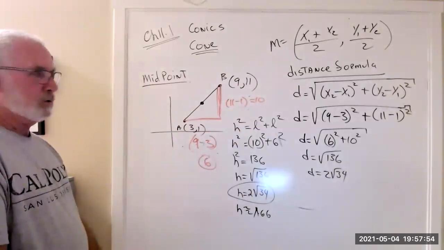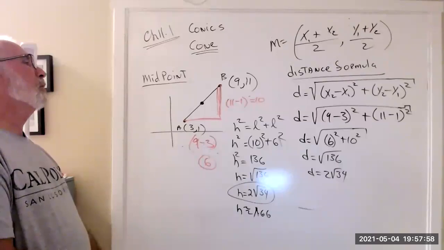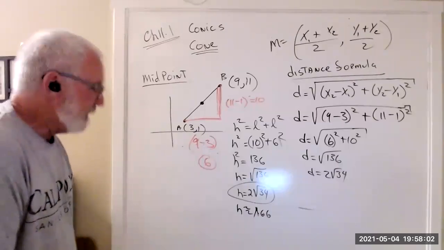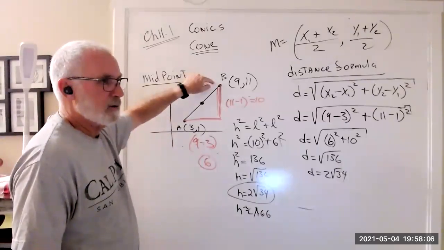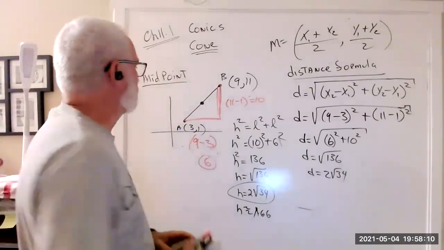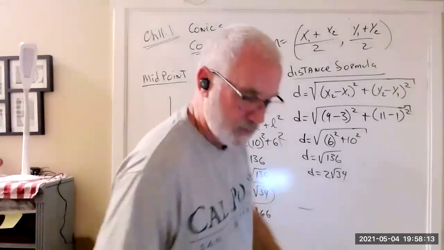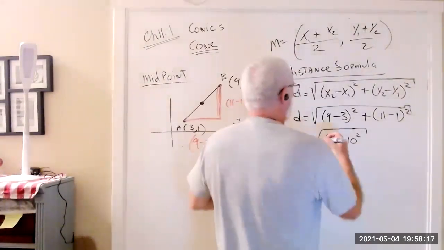When it says x2 minus x1 and y2 minus y1, are those interchangeable, or does it have to be a certain point on the graph? They have to be the endpoints. Okay, but it can be either endpoint, right? Yes, because what if, okay, that's a really cool question. Because what if